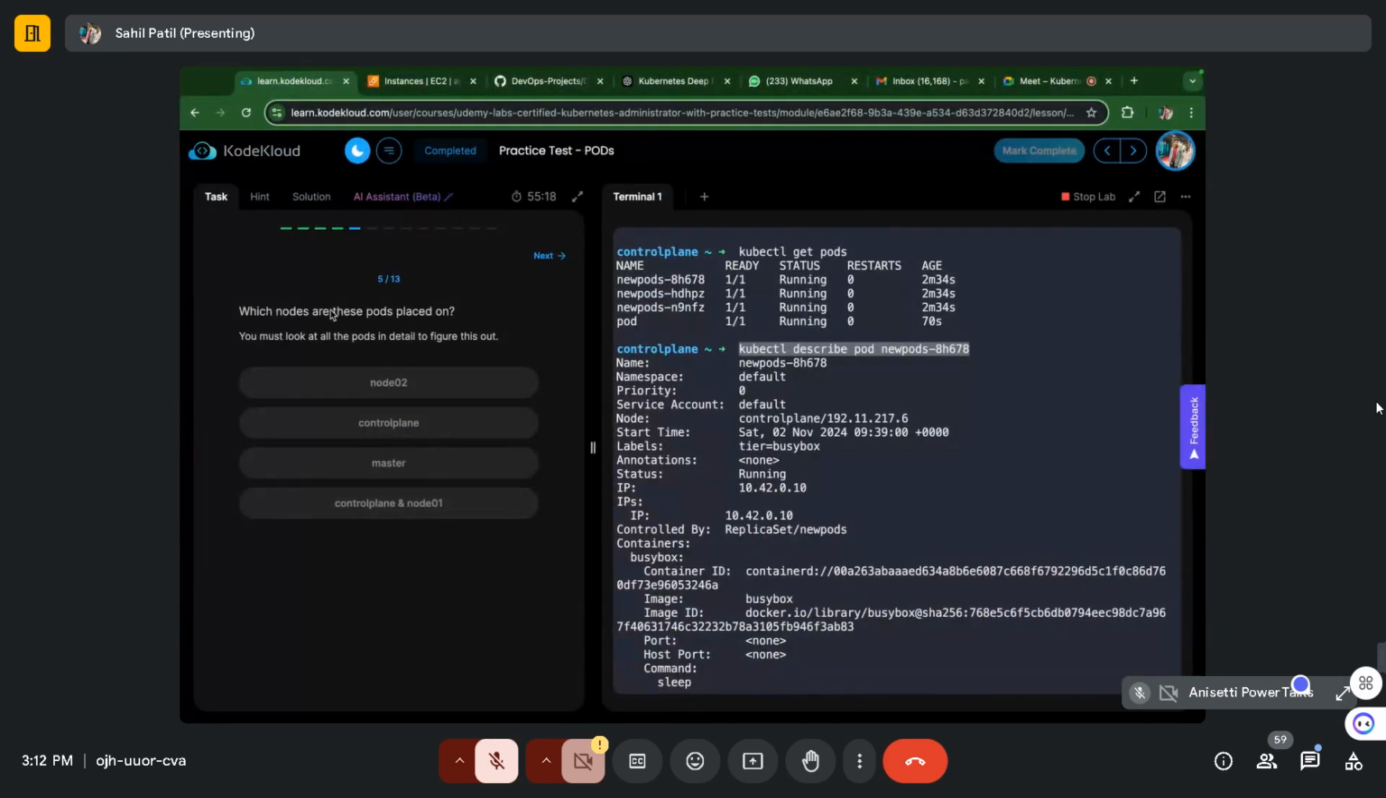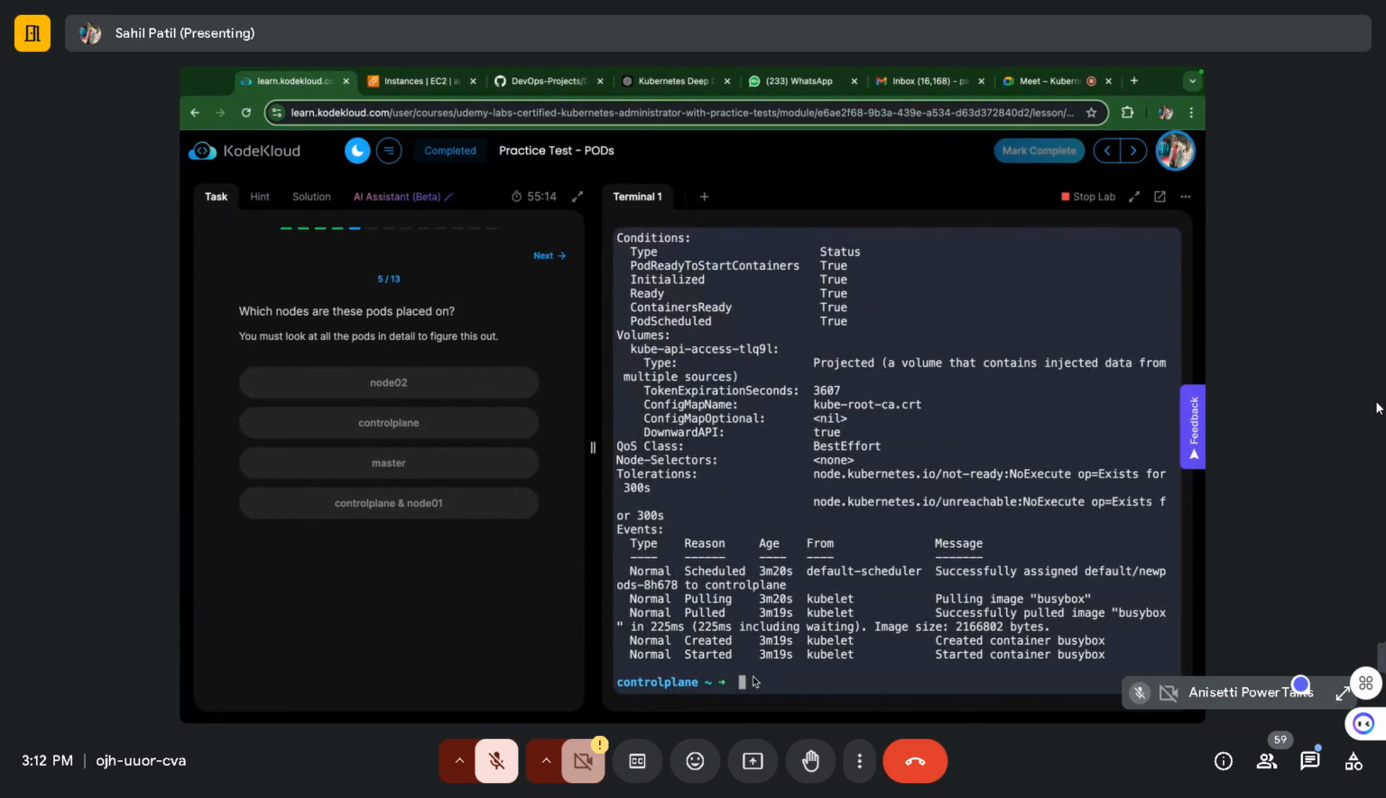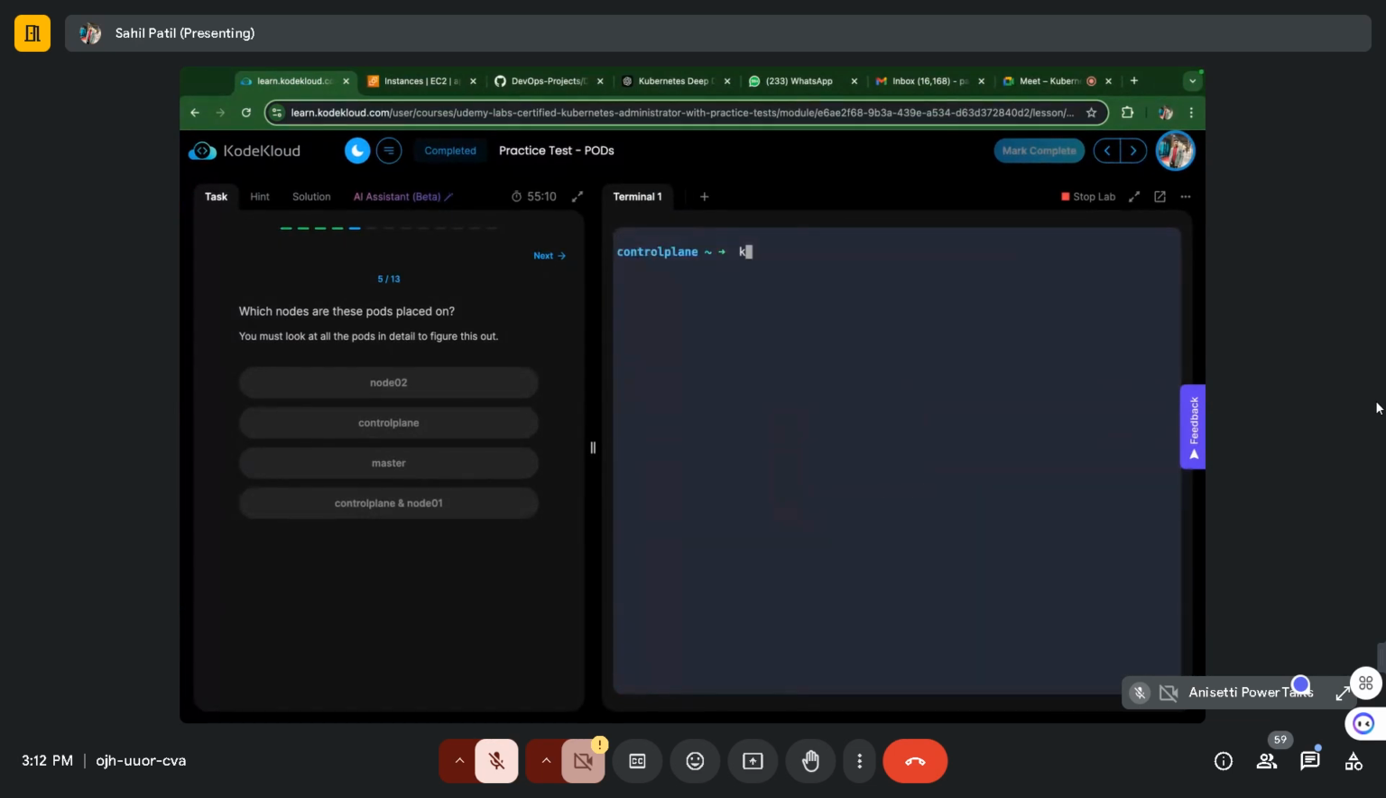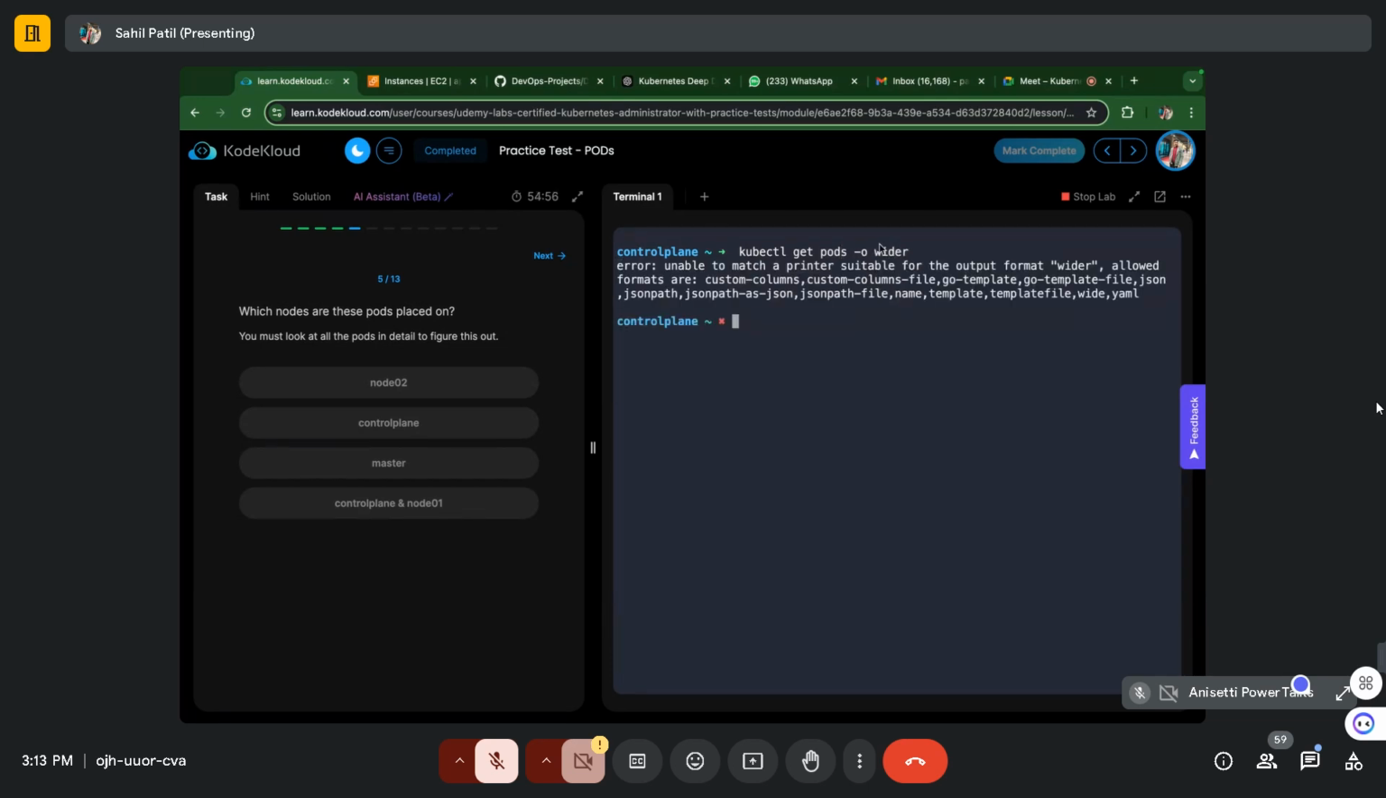Okay. Now, which nodes are these pods placed on? Again, one more command that we need to keep in mind is, let's just clear the screen, kubectl. Now again, you can use the kubectl describe command as well to check the details for the nodes, but we will use kubectl get pods -o wide. Using this, just the name of the pod,